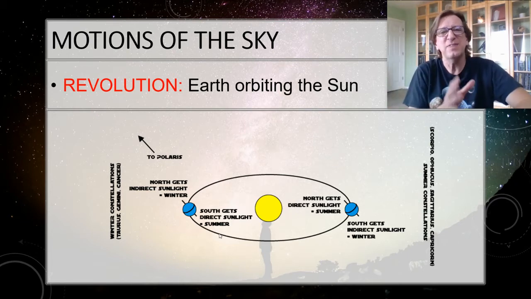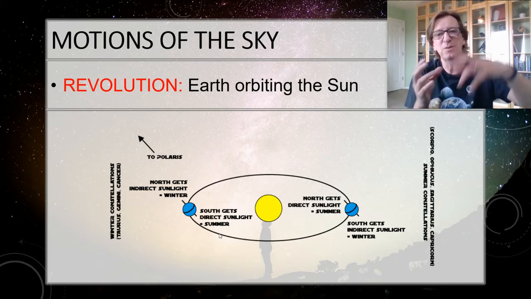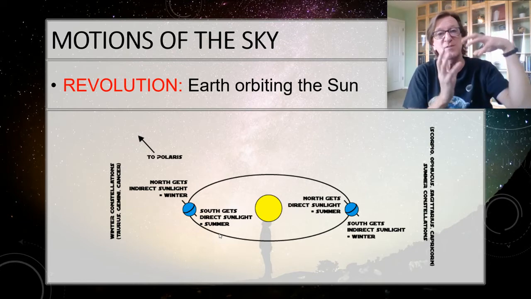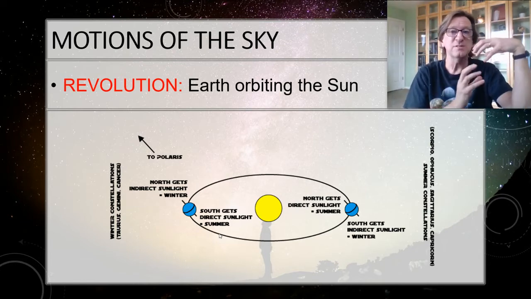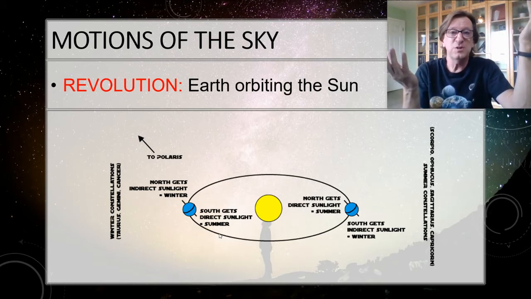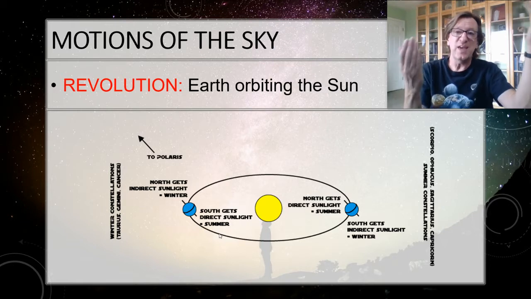And if you think about it, that actually kind of makes sense, because you probably knew that the northern and the southern hemispheres have opposite seasons. If it was because of how close we are to the sun, well, then we should all have the same seasons all over the planet, right? So you know that that can't be it.